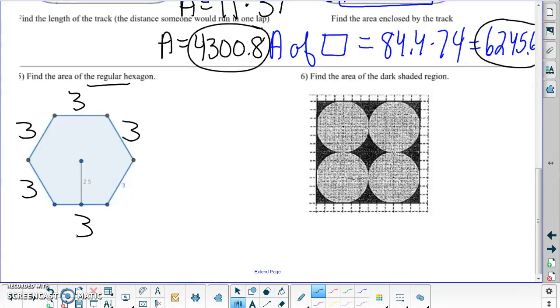Did you say triangle? Yeah, you could only do triangles, because if I did a trapezoid, do you know what that base